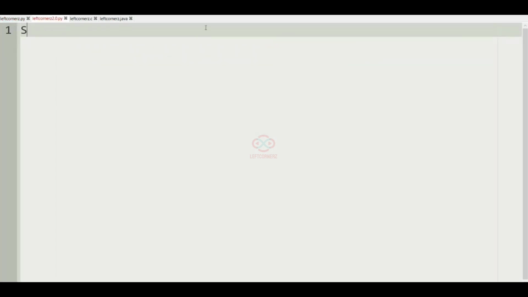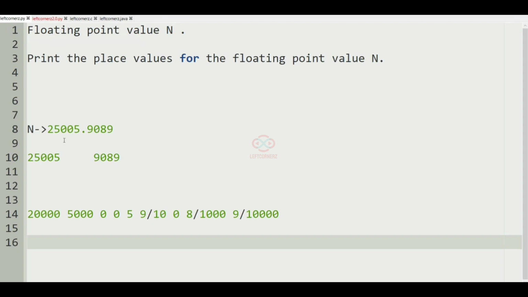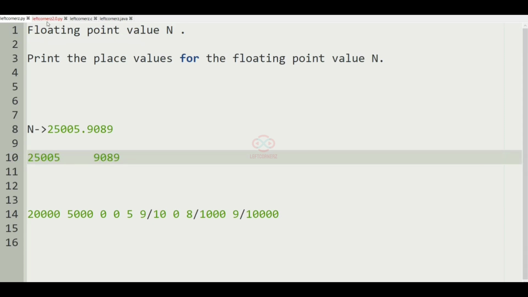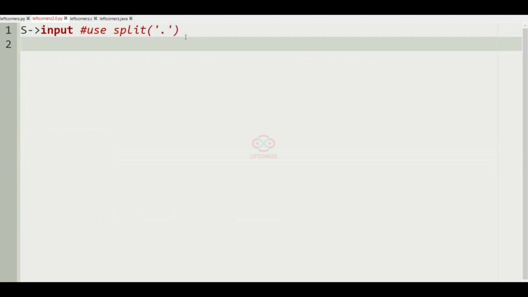Now let's see how to solve this program. First we have to get the input s, which is a float value, and we will use split here since it has a decimal point between them, as you can see. After getting our input s, we'll print the place value as